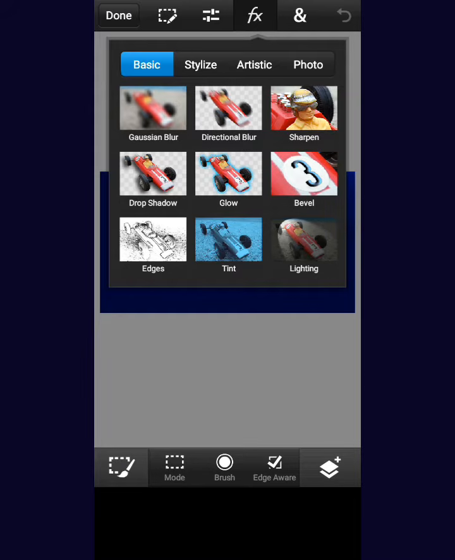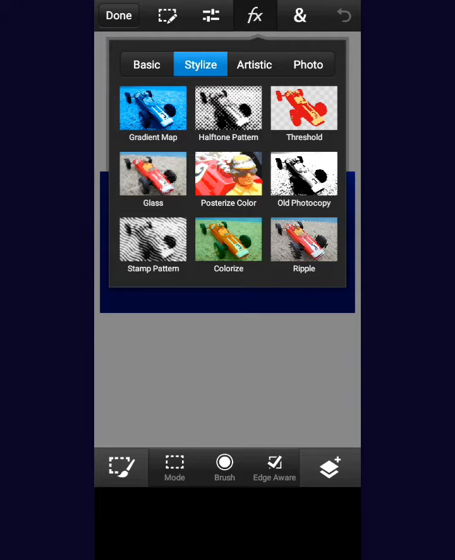So we don't use the sharpen, the drop shadow, the glow, the bevel, the edges, the tints, the lighting, and you have some other amazing things that you can use here. You have the glass, you have the ripple, but some designers are like, what am I going to use this for? That is where creativity comes in. So I'm going to show you some things that you can do with some of these